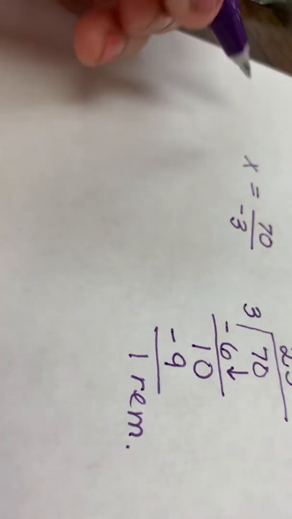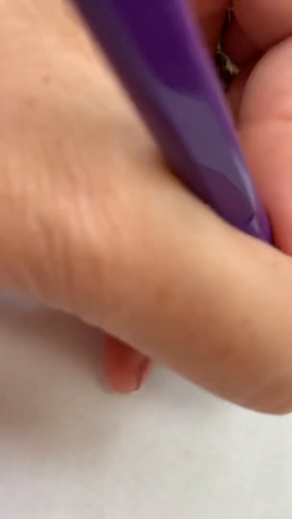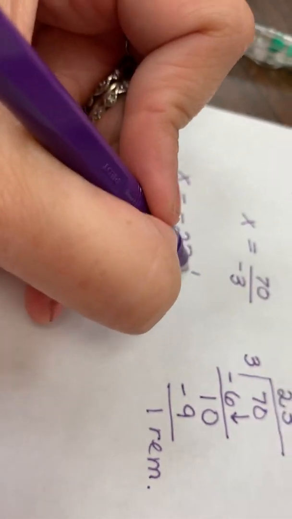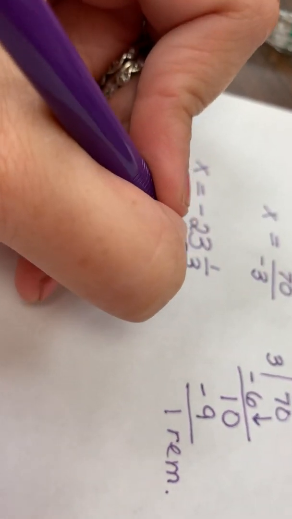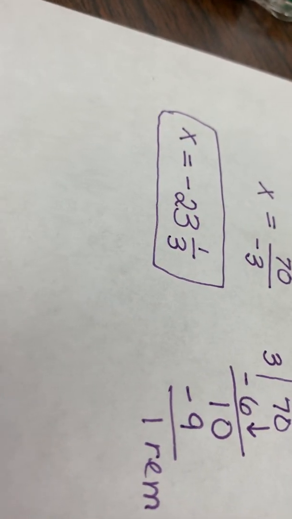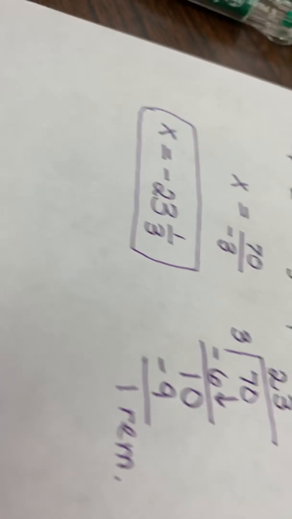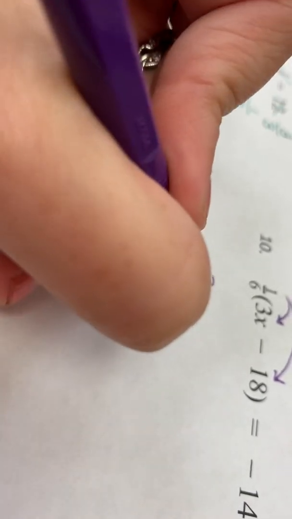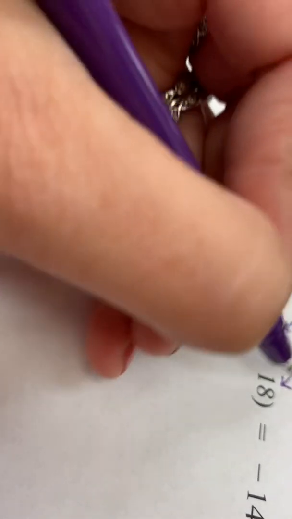Now we had a positive divided by negative, and a positive divided by negative is a negative. So it's -23. And then what was our remainder? It was 1. What were we dividing by? 3. So our final answer is -23 1/3. All right, last one for our review. We are going to distribute 1 times 3x, well that's 3x, over 6, minus 1 times 18, that's 18 over 6,